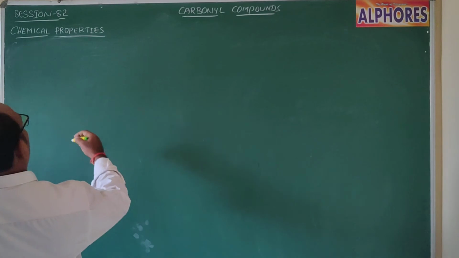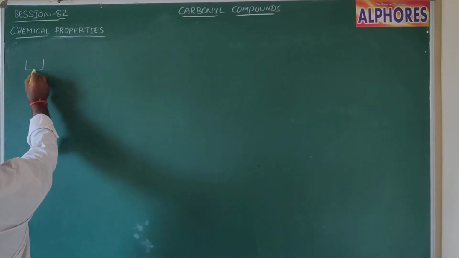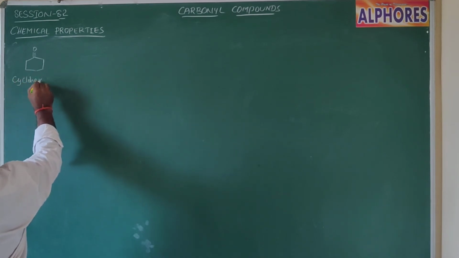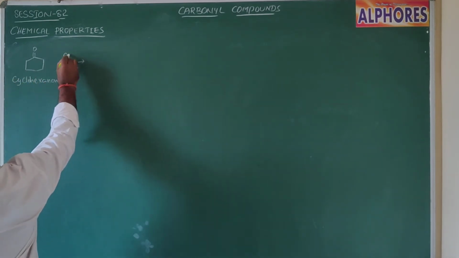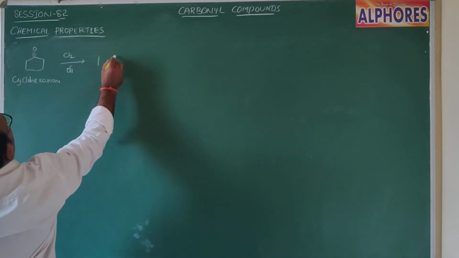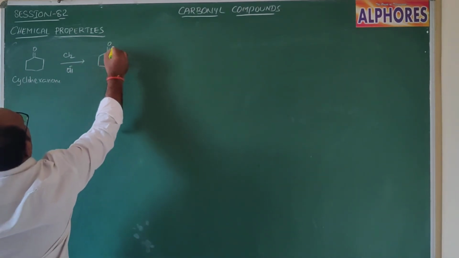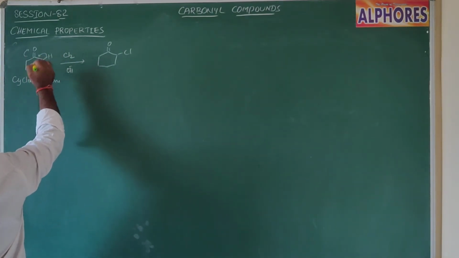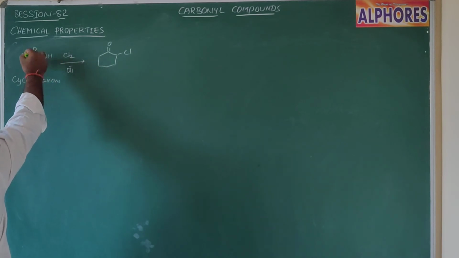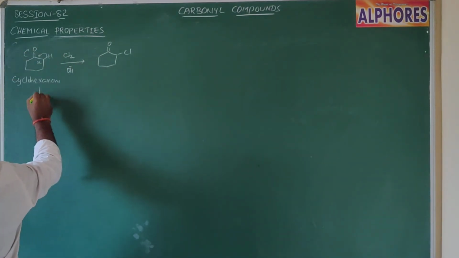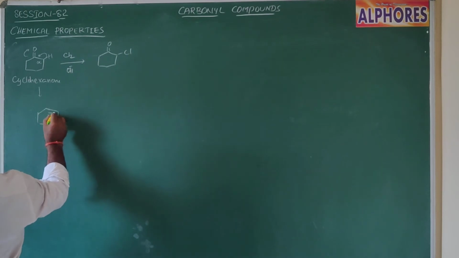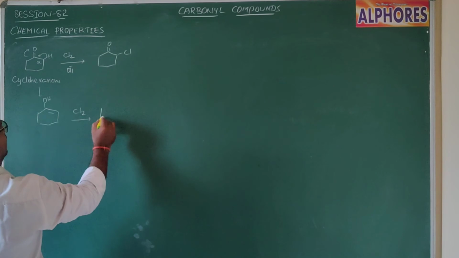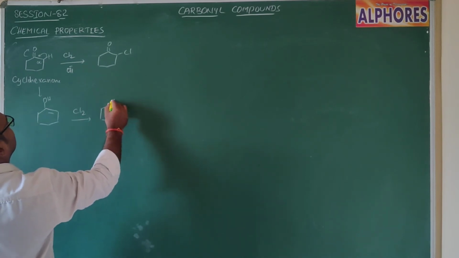If a carbonyl compound does not have 3 hydrogens, then what happens? C double bond O, cyclohexanone. Cyclohexanone upon reaction with Cl2 and OH minus gives monochloro product. This hydrogen on the alpha carbon takes part, and the C-H sigma bond electrons are involved in enolization. As a result, we get cyclohexenol like this, and here Cl2 approaches across the double bond, and finally we get